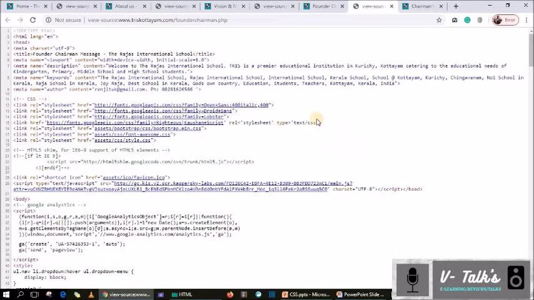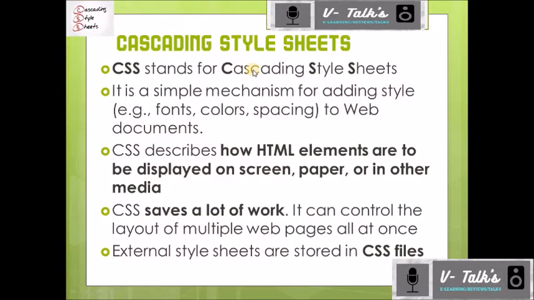Okay, so the thing about a style sheet is it is a separate page we can create. All the styles we can define in one page, so that in the HTML page there is no need to type any style, any font face or font color, whatever. You don't need to type it there.